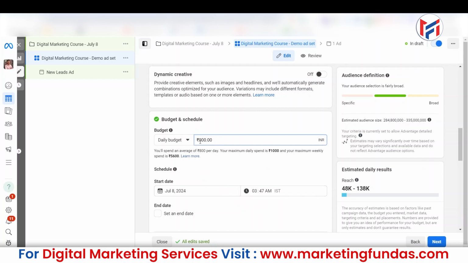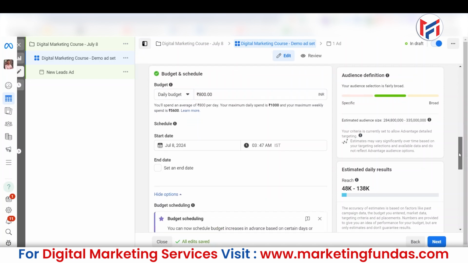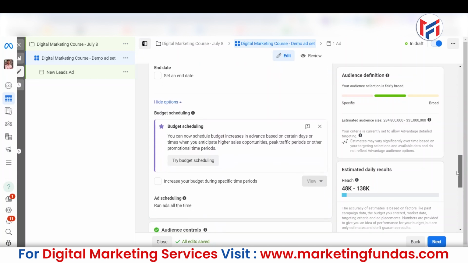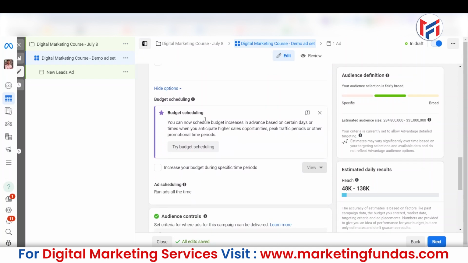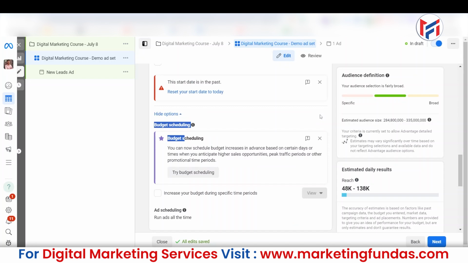And this is the daily budget, and whatever the daily budget you have, you can add it here, and according to the performance, according to the results, you can alter your daily budgets on a regular basis, right? So I'm leaving this totally up to you. Now if we scroll a little bit down here, we see budget scheduling. So in budget scheduling, there's nothing, just automate your budgeting. So basically in the peak days, this feature automatically increases the budget, and on the regular days, it brings the budget back to the same number. So that is totally up to you if you want to use it or not, or you can do it